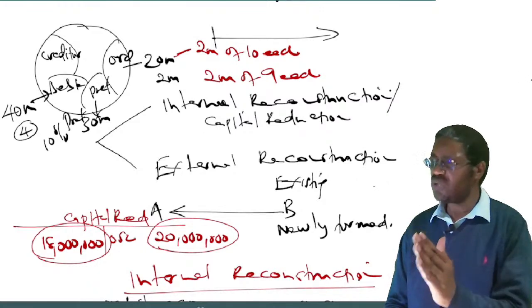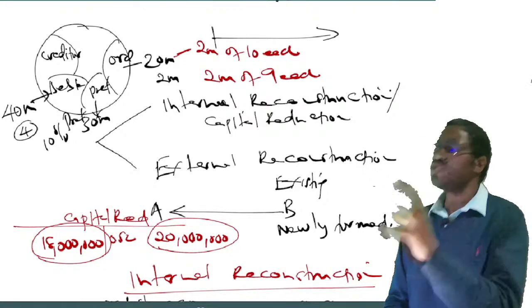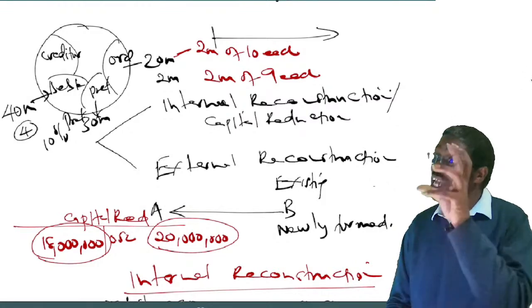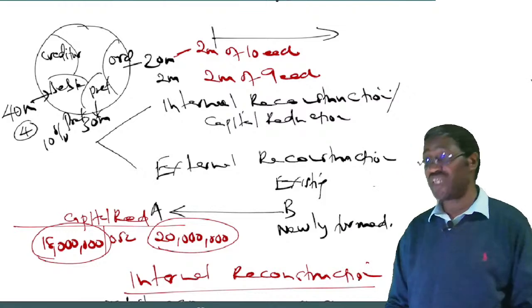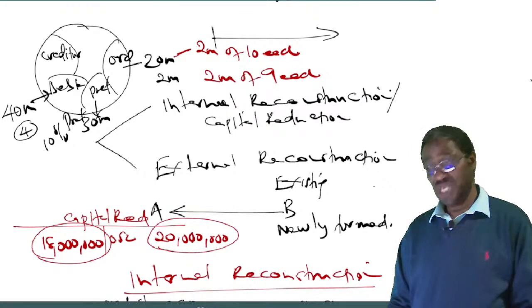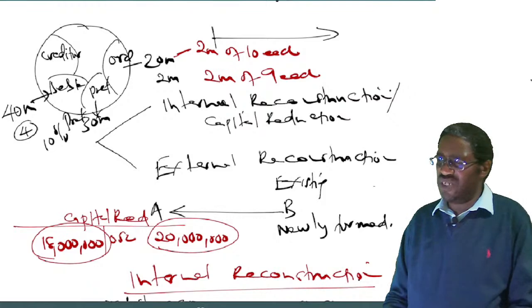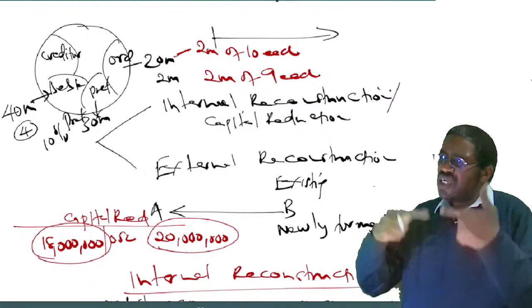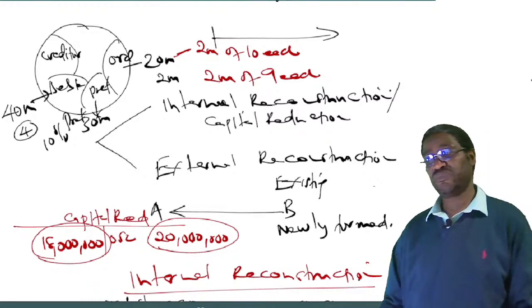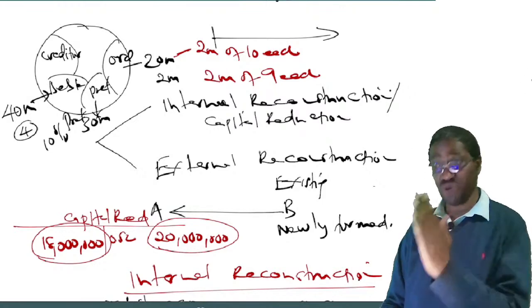But as a company, we know we have not paid them for the last 2 years. So what do you do when you are reconstructing a company? Remember, this is a liability that is likely to crystallize in the future, especially if you have what we call cumulative preference shares. If your company has a 10% cumulative preference share, then they don't forfeit their dividend. Those dividends keep accumulating. So in future, when you make a profit, it will be required that you pay them. But we are saying, for now, for the last 2 years, we have not paid them.